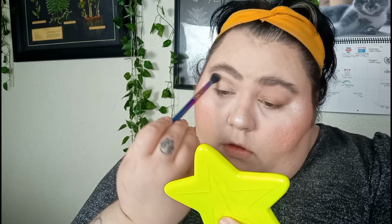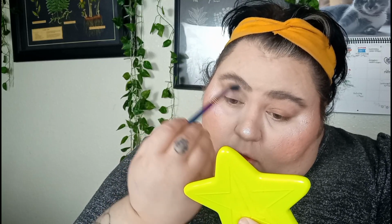So I'm going to start all over the crease, deep in the crease, outer third, middle third, inner corner. That's what I'm thinking. I might mix those two shades up, but that is what I'm thinking. Ooh, powdery. Ooh, it's not as warm on the eye either as it looks in the pan, so that's nice. I got worried with this shade that we were going to have a mix of a warm and cool toned eye, which isn't the end of the world, but